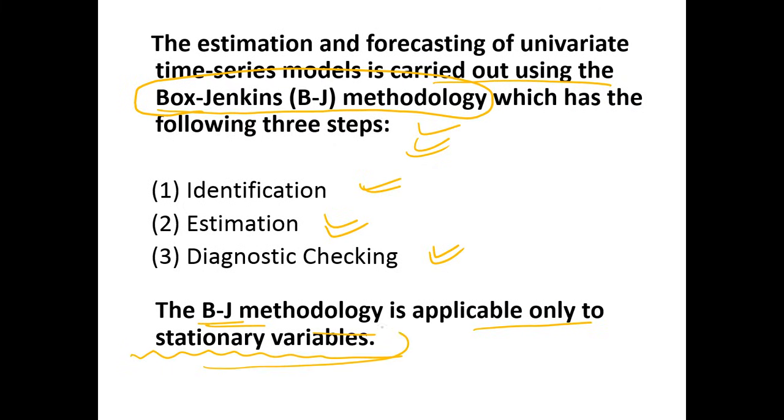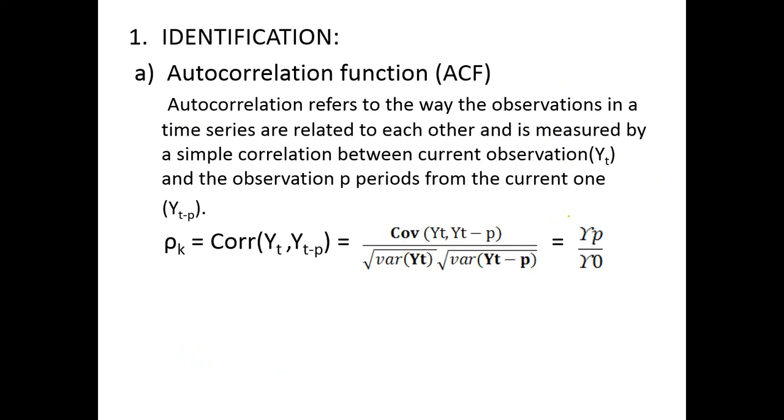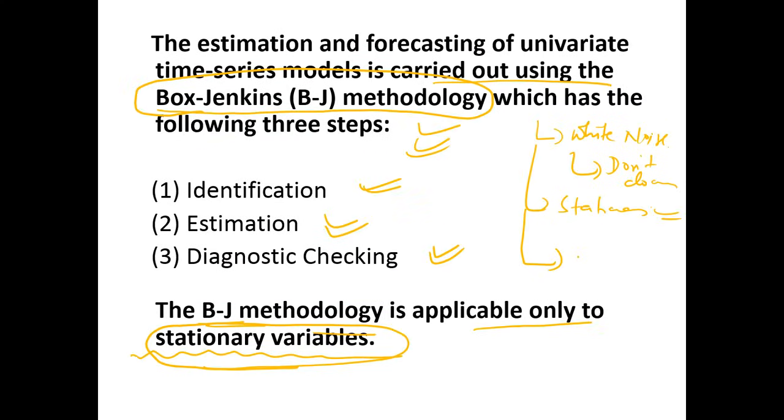So the first thing that you need to see in a time series is whether the series is stationary. The moment you want to do the modeling, first you see if it is white noise. If it is white noise, don't do anything. You cannot do any forecasting. Then check if it is stationary, right? If it is stationary, then start with modeling. If it is non-stationary, first do differencing and make it stationary. And then you apply your time series model like ARMA, ARIMA, whatever. Right? That's the way.